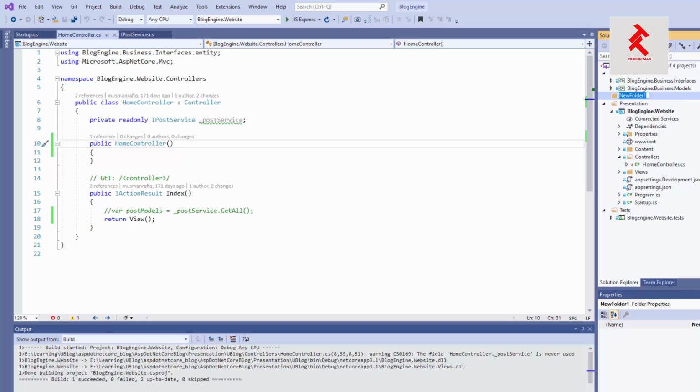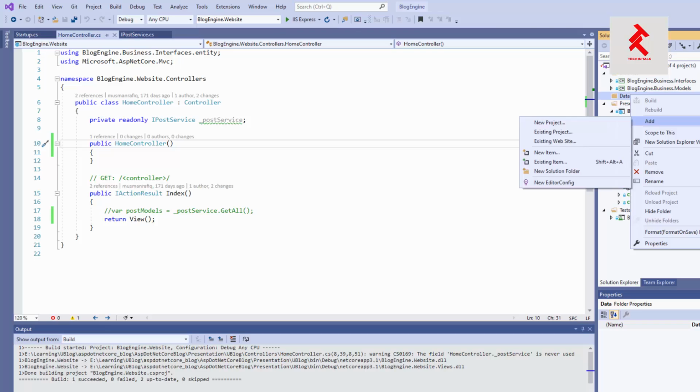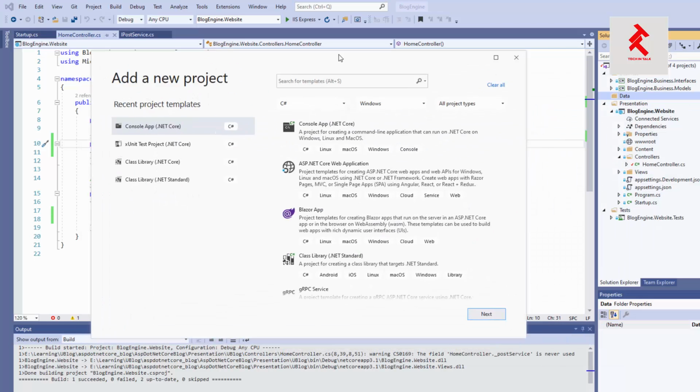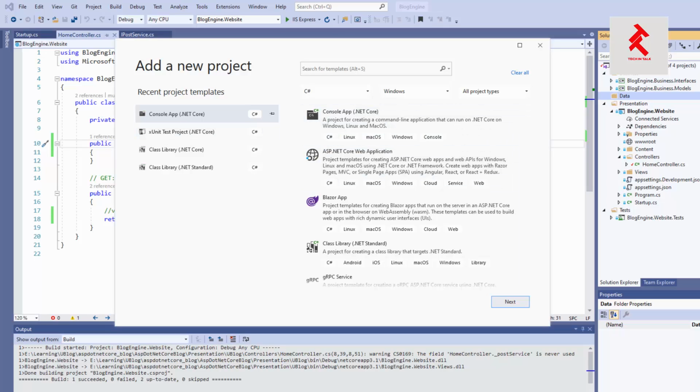and let me add a solution folder. Let me call it, let's say, data, right? Because that will be totally related to our database and anything regarding fetching and updating the database, right? So let's add another project inside that data, and let me select